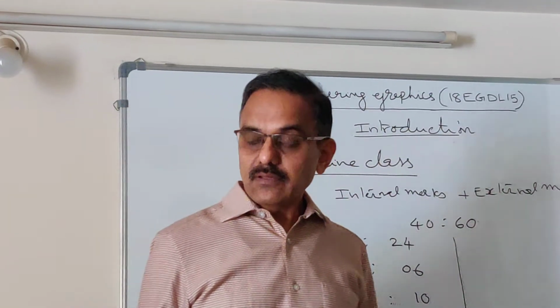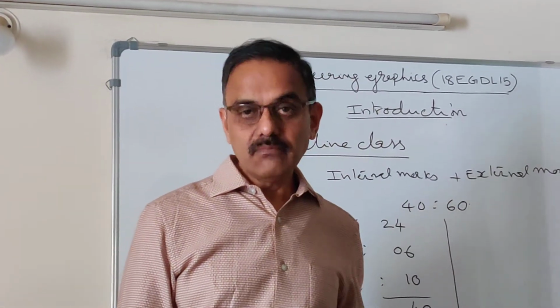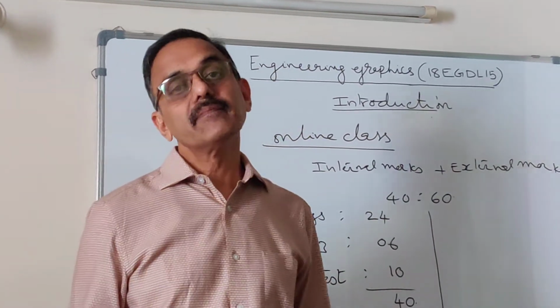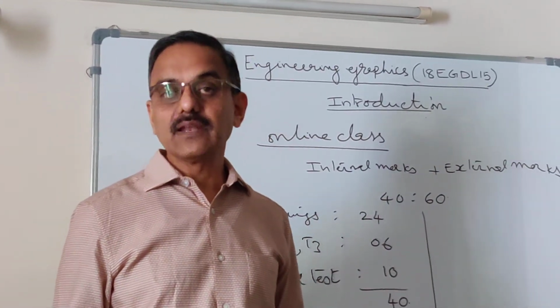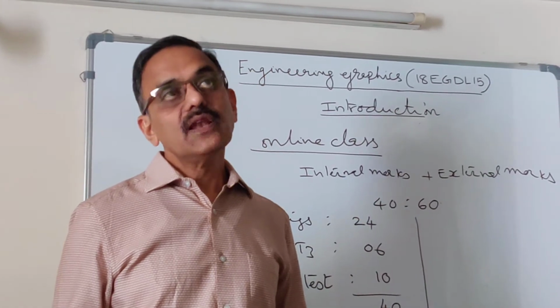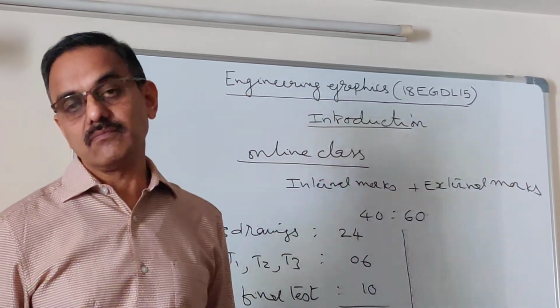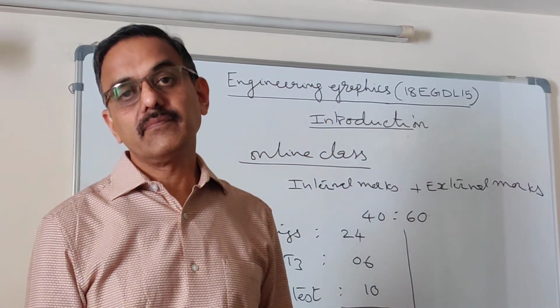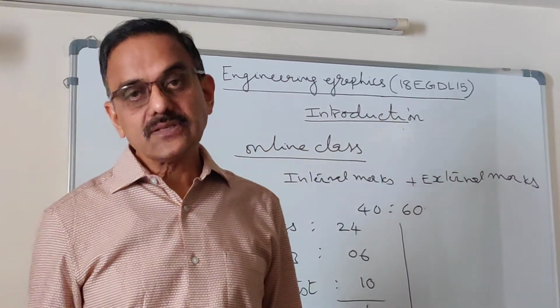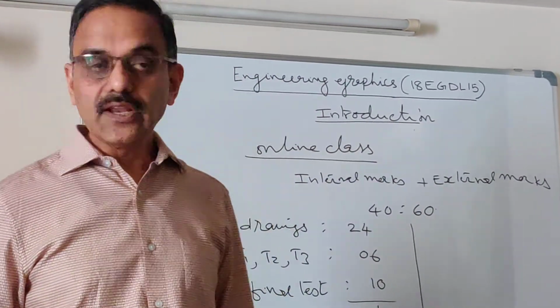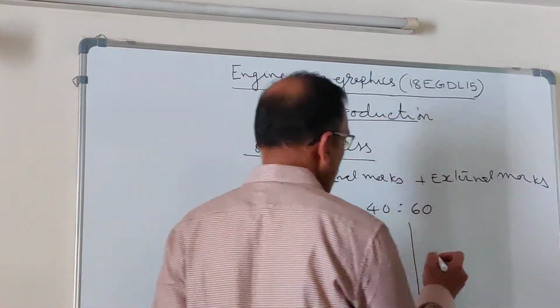The external examination will be for 3 hours duration. It's not like a theory subject, it's like a laboratory, like your physics lab or chemistry lab. You will have to do the sketching as well as the drafting in 3 hours duration. Now, what is the weightage given for the sketching and what is the weightage given for drafting? It is once again 60:40 there.